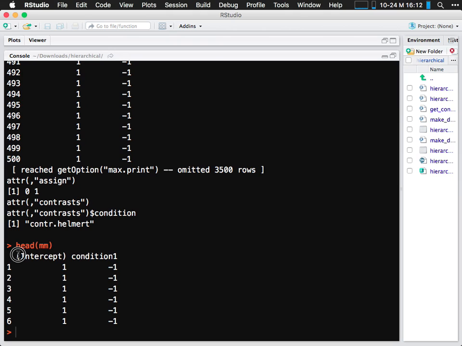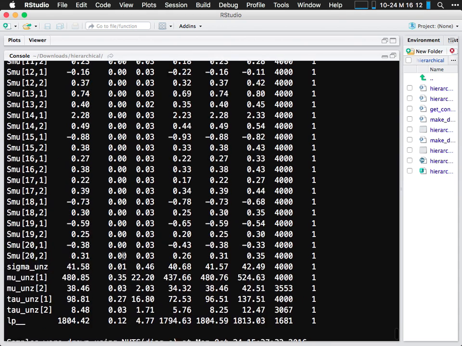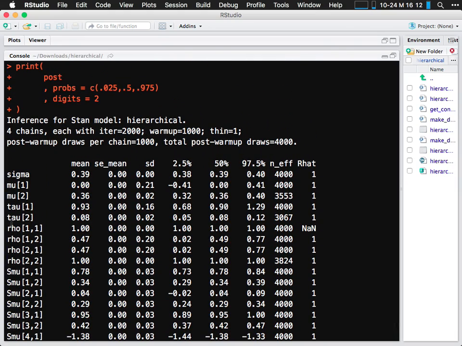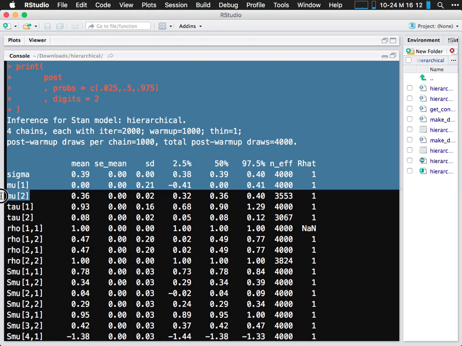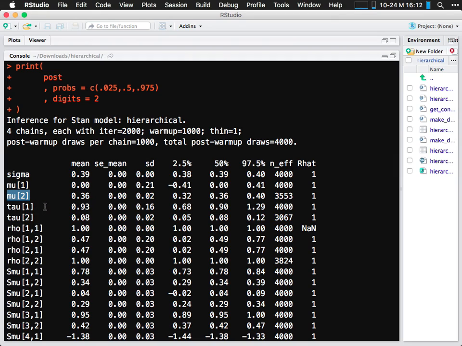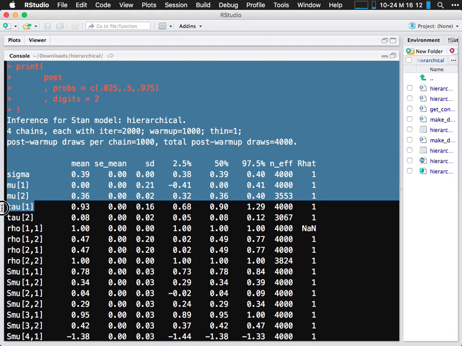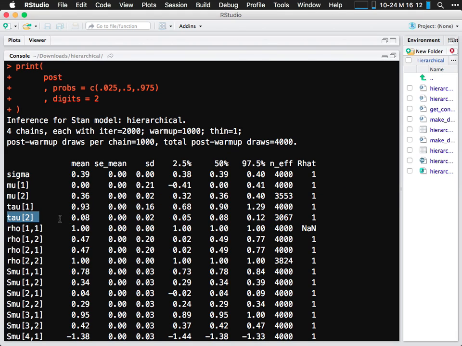Having done it that way, that means that when we have the results, the first thing in mu refers to the intercept, and the second thing in mu refers to the effect. So mu is a location parameter, so this is talking about the location of the intercept in the population and the location of the effect in the population. Tau is a variability parameter, so it's talking about the variability of the intercept, the variability of the effect. And then within row, so when it's 1, 1, 1, 2, 2, 1, 2, 2,